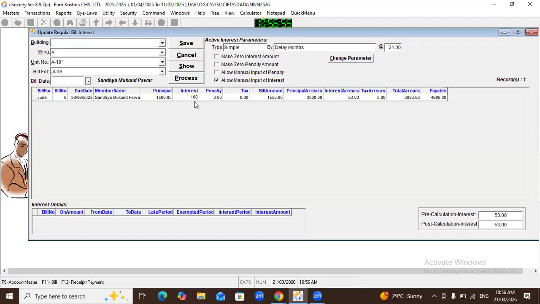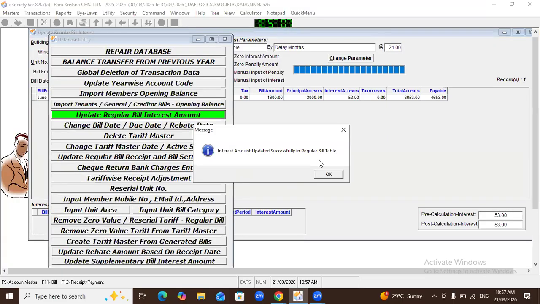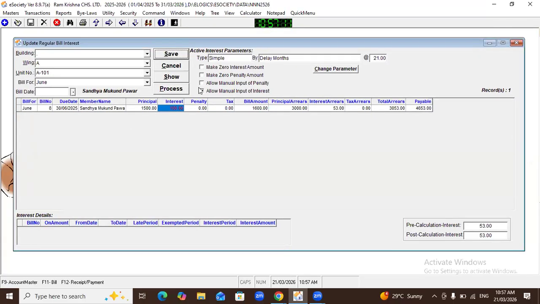You want to increase the interest or reduce it, or if you want to make it zero, you can do accordingly. Now click on save. In this way, you can change interest of a particular member of a particular month.